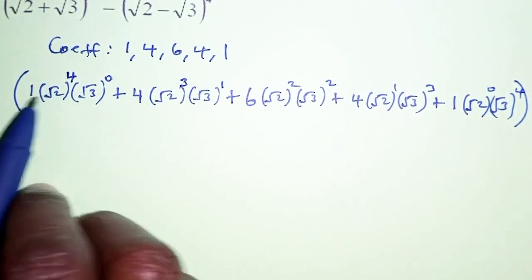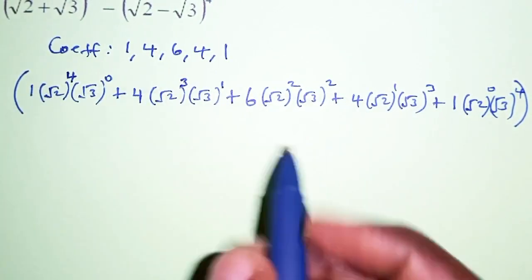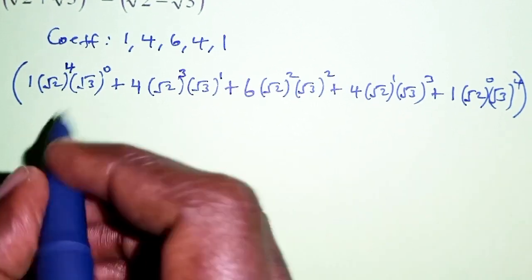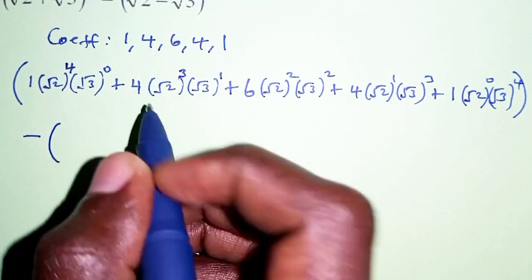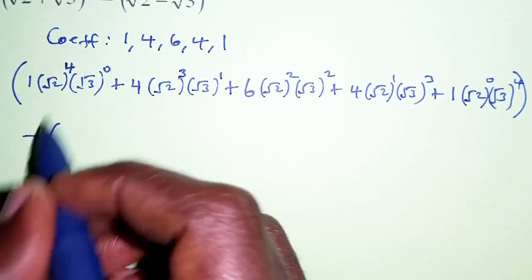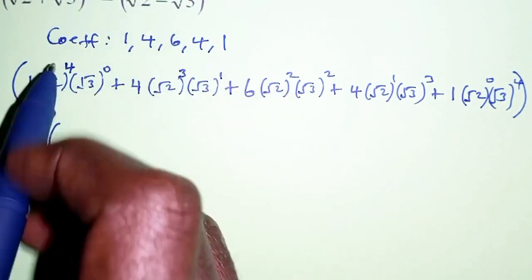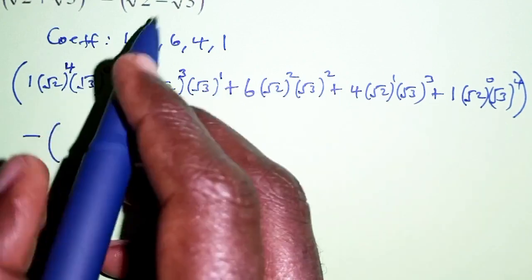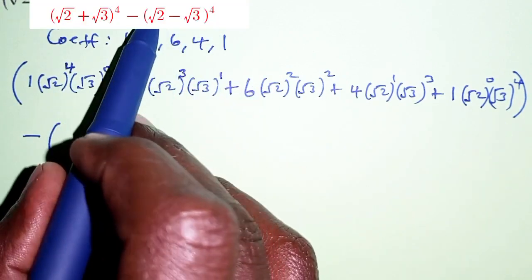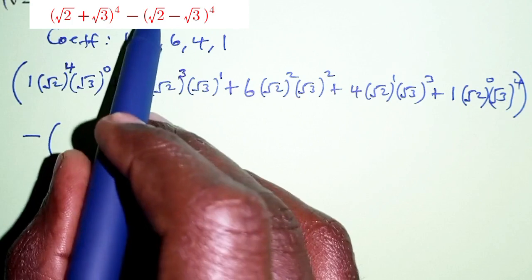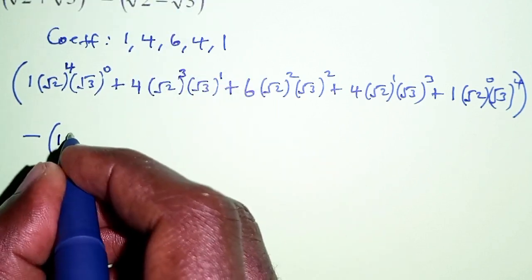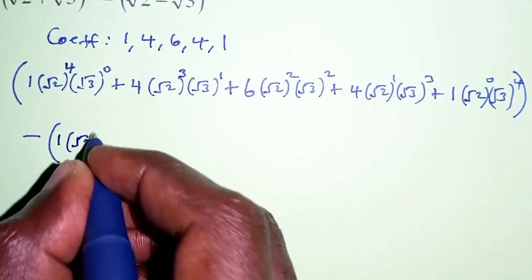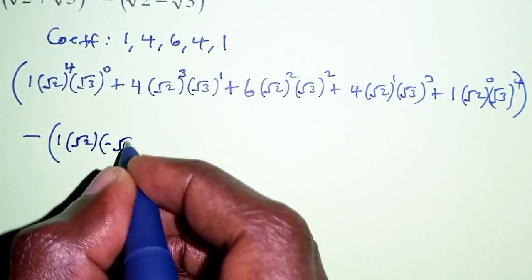So before we simplify this further, let's consider the second part. For the second part, again, let's just have it in brackets. So we'll have to repeat these, but now instead of just root 3, it is negative root 3. So we have 1, root 2, negative root 3,